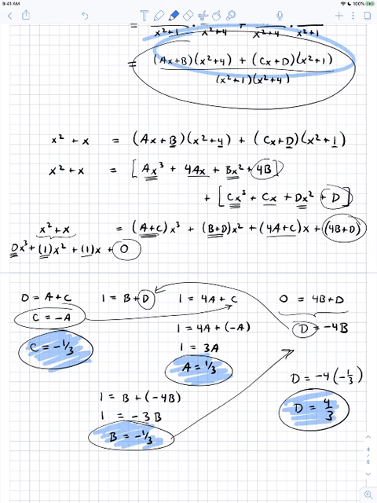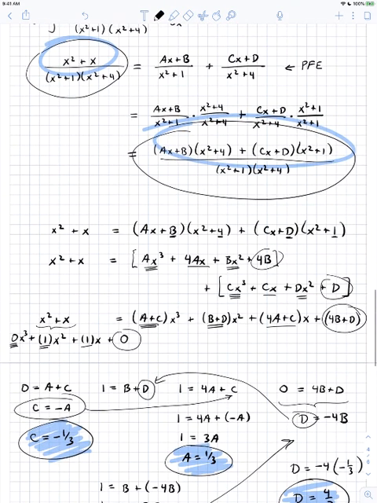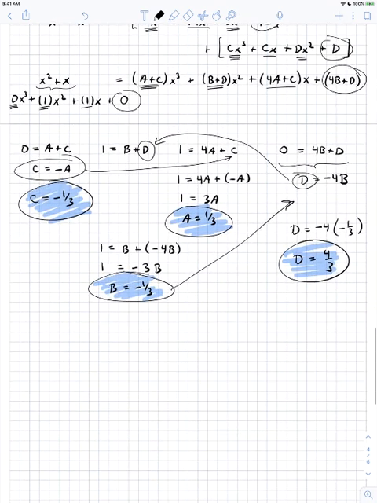And now we can plug these back into our original partial fractions expansion, which is just up here. So we had that x squared plus x over x squared plus 1 times x squared plus 4 is equal to ax plus b, so that's 1/3 x plus a negative 1/3 divided by x squared plus 1